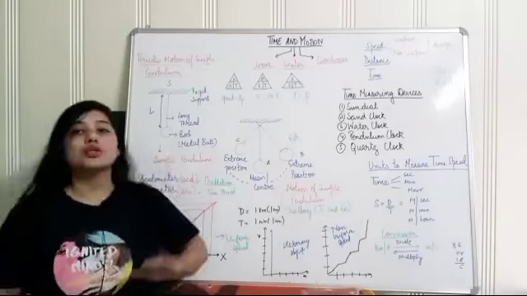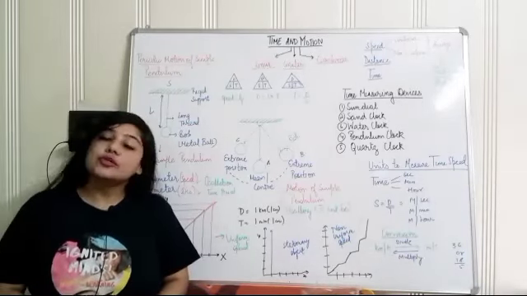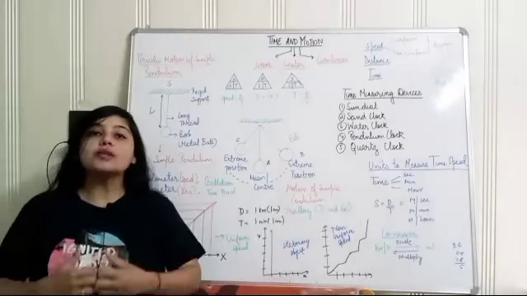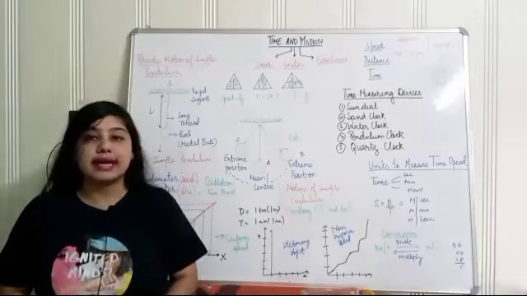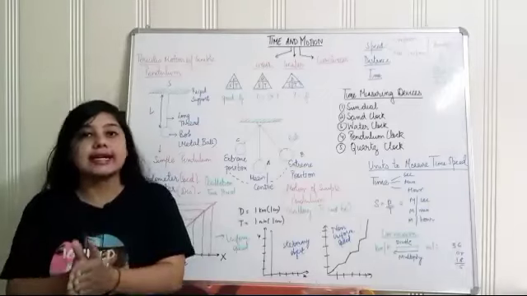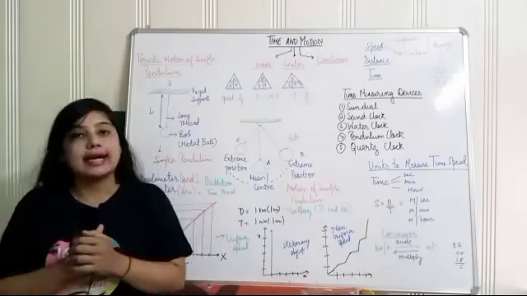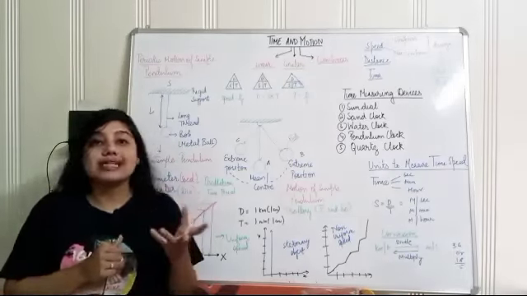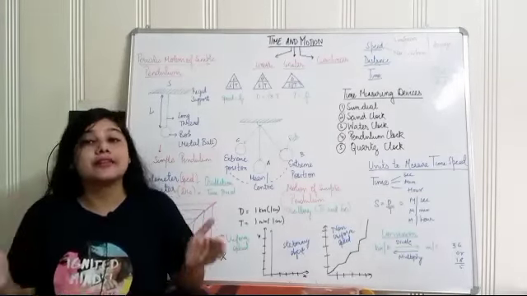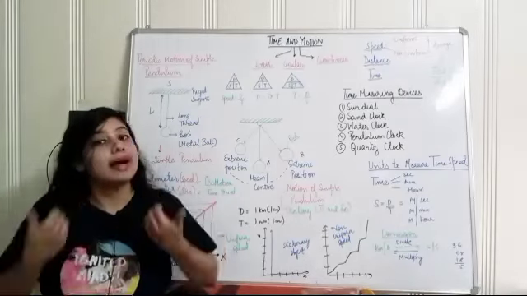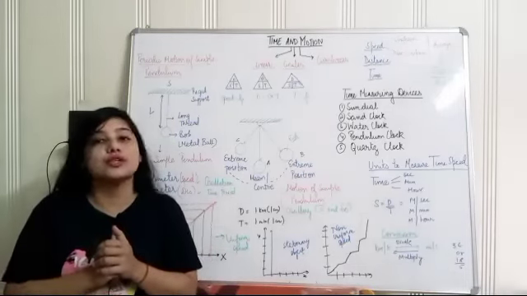Now there are three terms which are the basics of time and motion: speed, time and distance. So speed meaning is how much distance you are able to cover in a particular amount of time. Now suppose I am at my house and I have to go to my school using a scooty. So I have a lot of speed in the scooty. I can ride the scooty at 20, 40, 60 or 80. What does it mean? It means how much distance I am covering in how much time will define my speed. Time is simply how much time you take, and distance is how much distance you covered.